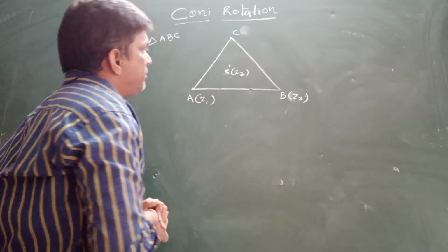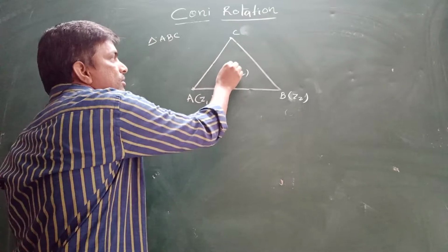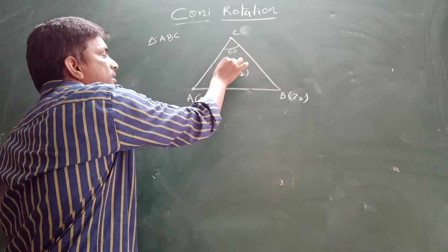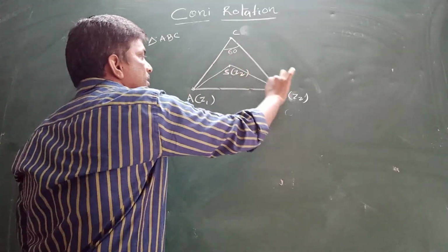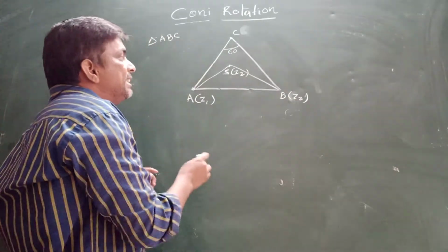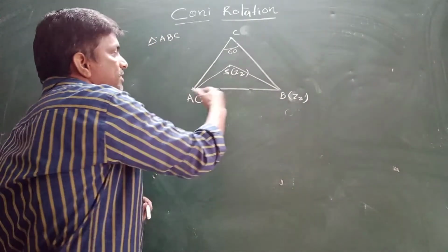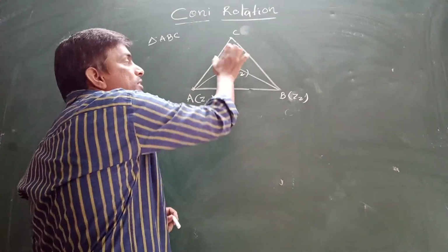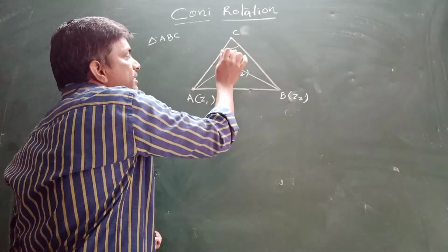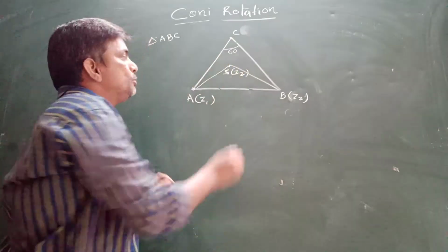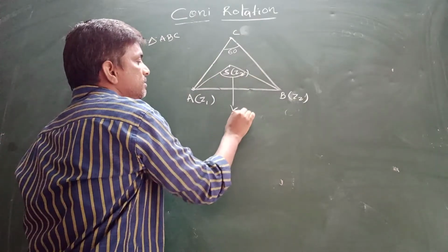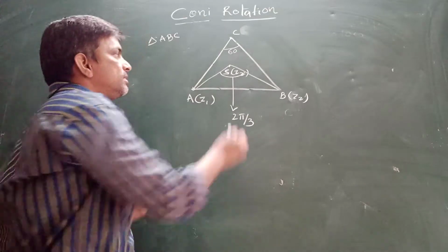Now here, when the circumcenter is given, as you know, what is this angle here? 60 degrees, being an equilateral triangle. We had a theorem we learned at school level: the angle subtended by an arc of a circle at the center is twice the angle made at a point on the remaining part of the circle. If this is 60 degrees, this whole angle is 2 pi by 3. Is it clear? Now this is Z2.